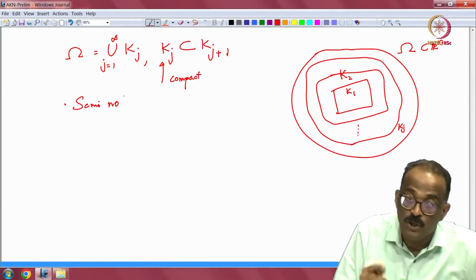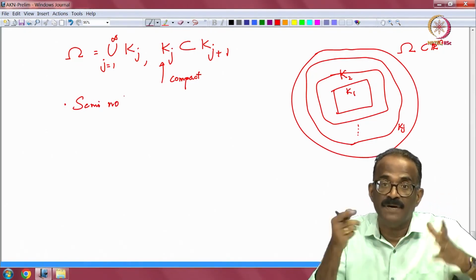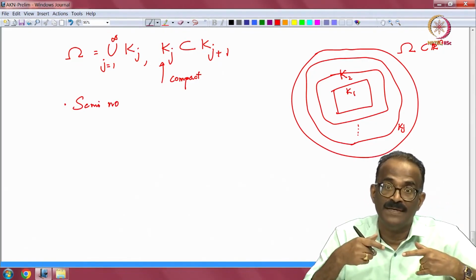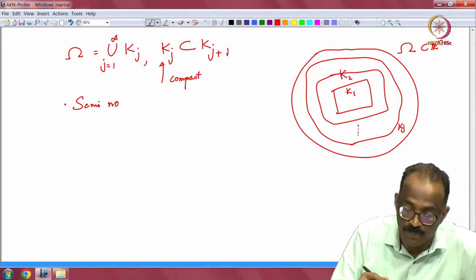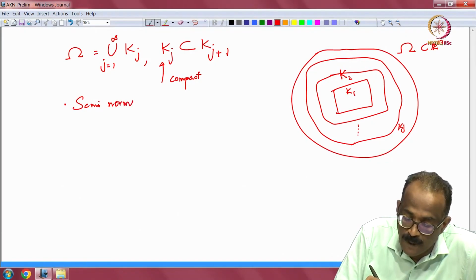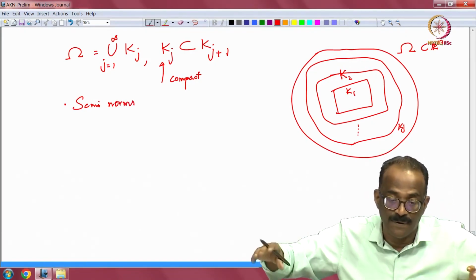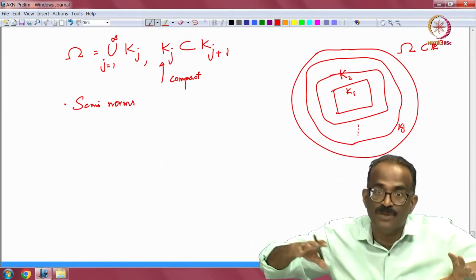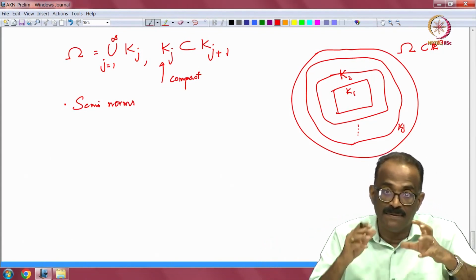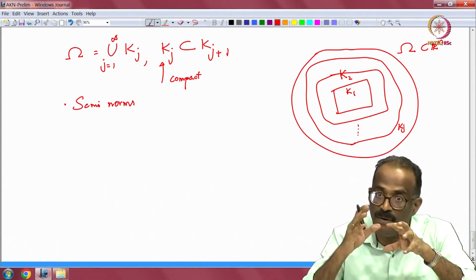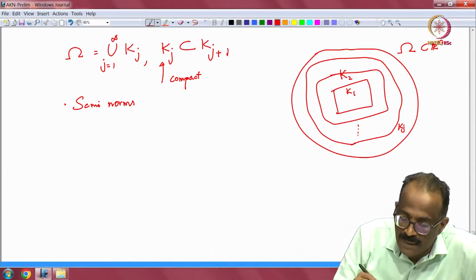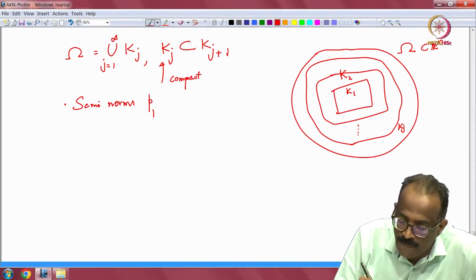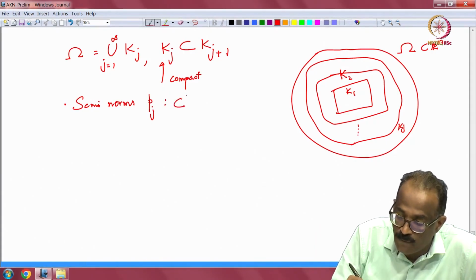You already defined it. For each k we already got a seminorm. Now, for each kj I get a seminorm, taking care of all the elements of omega. Otherwise, if you just fix a k, you do not know what happens outside that one. Okay. Seminorms pj on Cm of omega